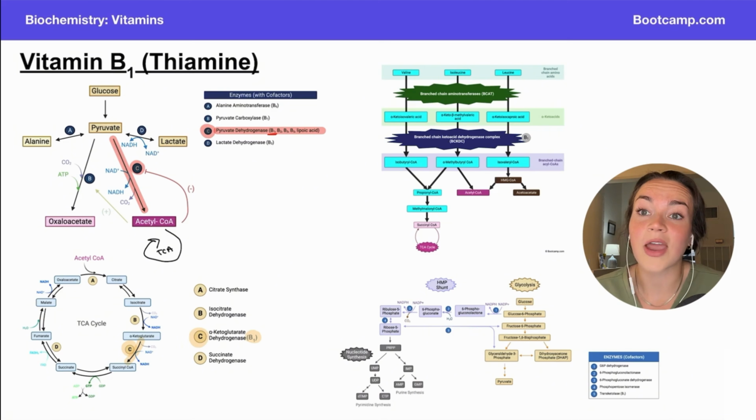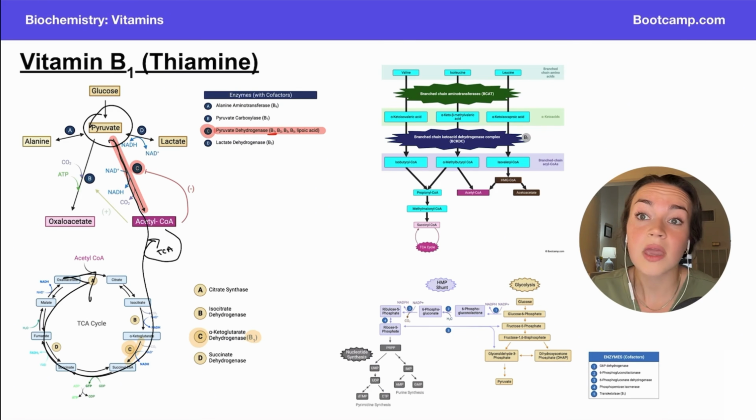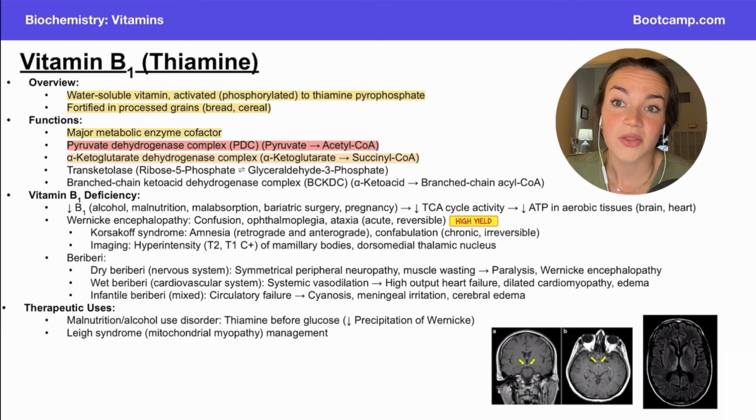So in the process of aerobic respiration, we've already used vitamin B1 twice just to get pyruvate down to and then through the TCA cycle. So it's a major player in aerobic respiration, and that'll come into play down the line when we talk about thiamine deficiency. Another important enzyme that requires vitamin B1 as a cofactor is transketolase, which turns ribose 5-phosphate to and